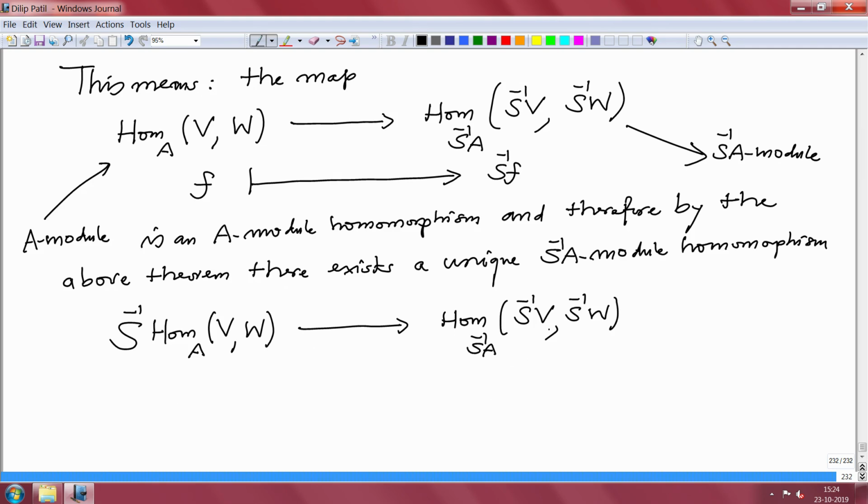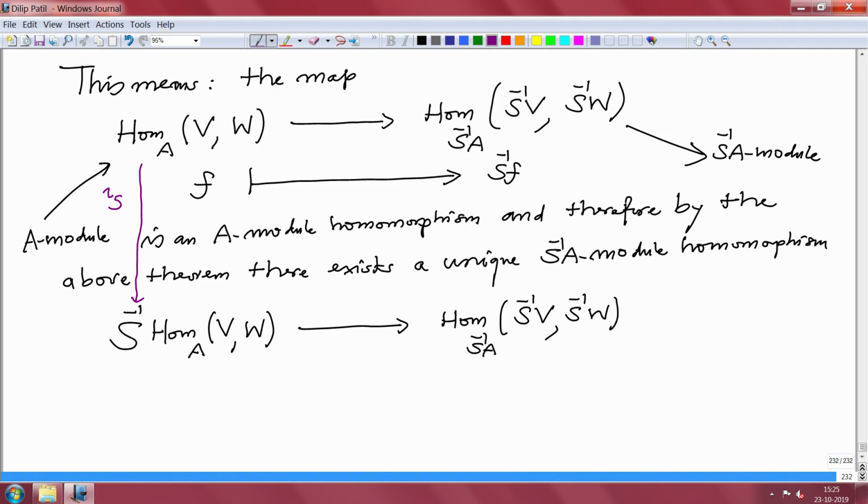The unique one such that from here to here we have an iota map. See, I will use a different color. From here to here we have an iota map, iota, and now I will write only suffix s. I have to write here this module, that to S inverse, and then this, but this is the same as this. So, this diagram should be commutative. You follow it by this, and otherwise you go by that, and it is commutative.